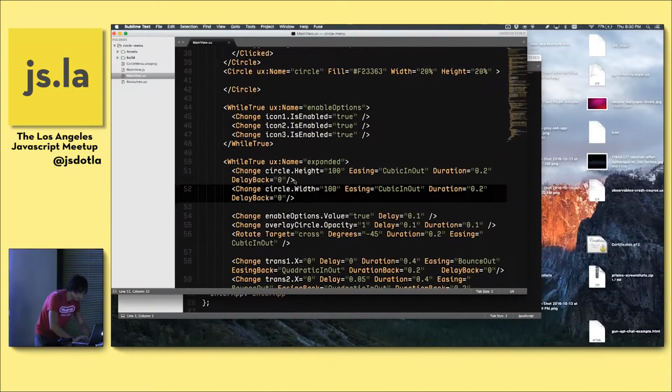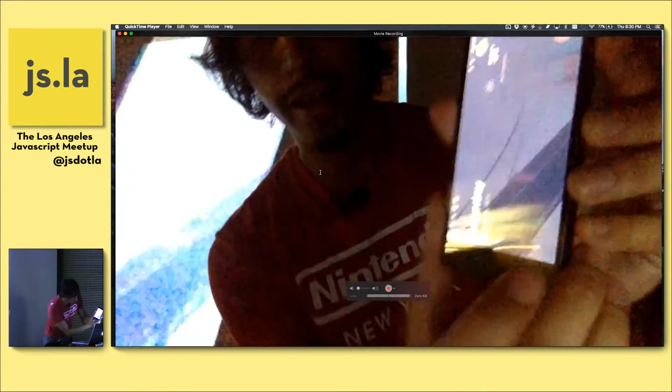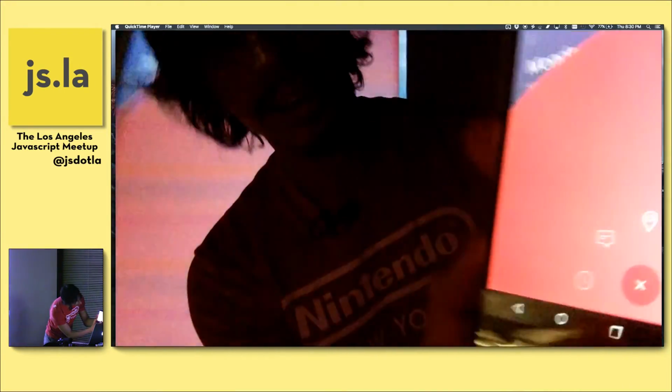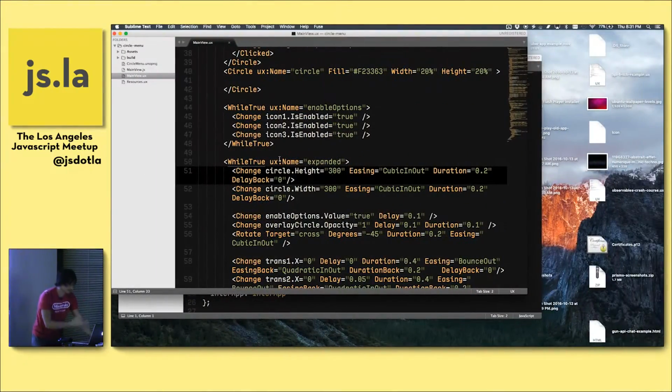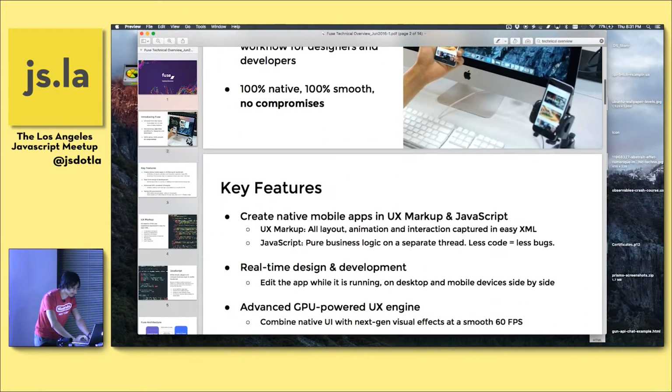So if I go over here and change my source code, so this circle is really huge, it should update instantly. Now I made that height 300 instead of 100. So boom, it's gigantic. Like a certain thing that blew up at the end of a movie that I'm not going to talk about. So yeah, there's a very quick example of the real-time preview update capability. And it works over your network. All you've got to do is make sure everything is on the same network. You build it once, and it'll do that live updating.